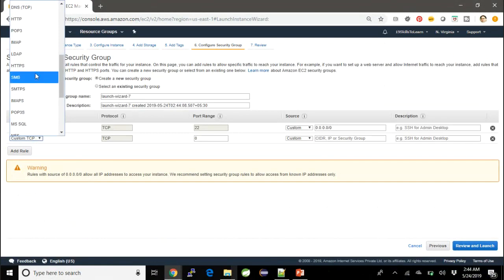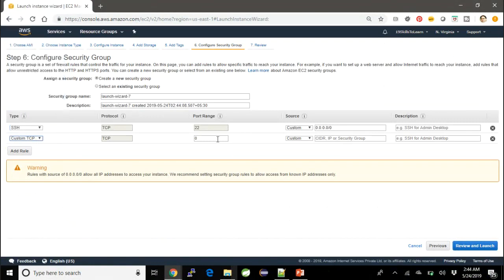Actually, the custom TCP rule, so this one with the port number 5000. This is the port number that I'm using, but you can use any port that suits your requirement. So the second one is to use the